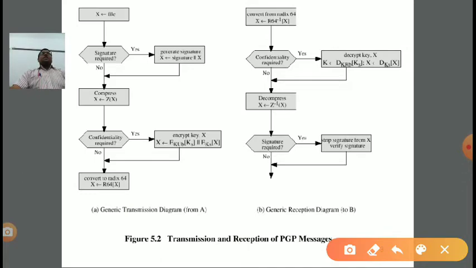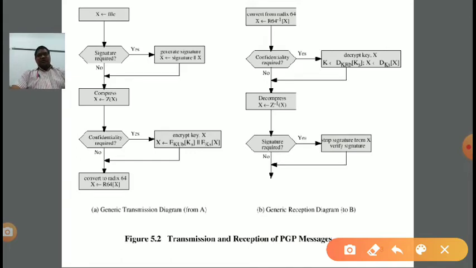Means there will be applied encryption algorithm, there will be applied some digital signature, clear, compression techniques will be applied, some email compatibility techniques will be applied, clear. And if our email file is very large, then it will be divided also, segmentation will also be performed. These all five processes will be applied at the sender end, right? But the order is very important, so step by step we are learning, right?